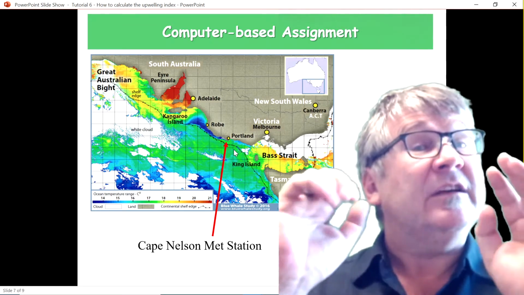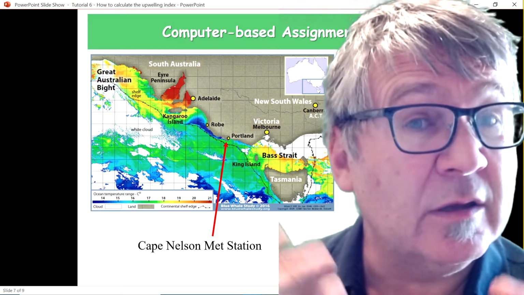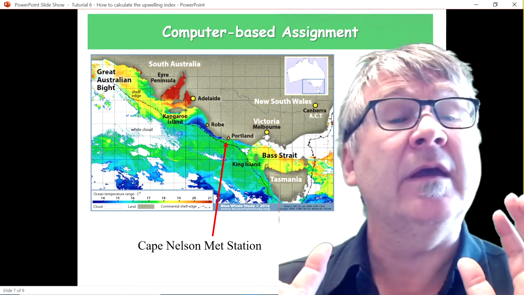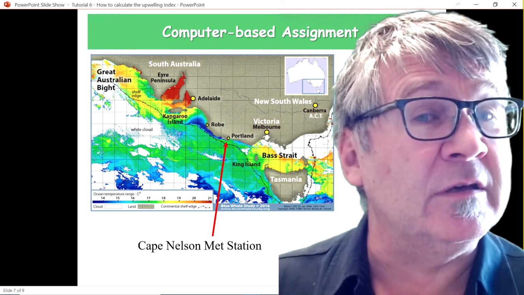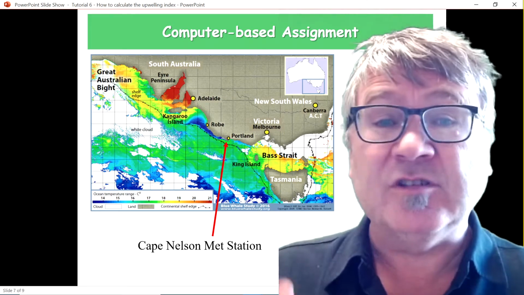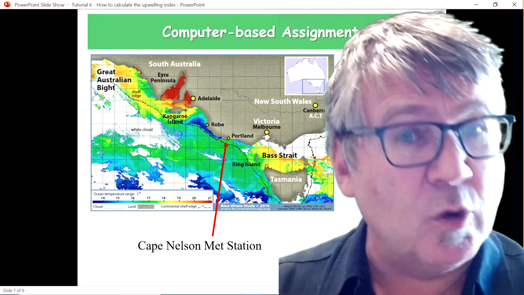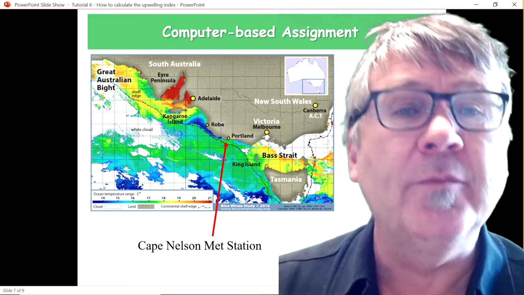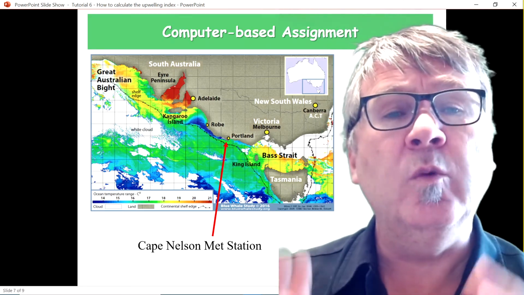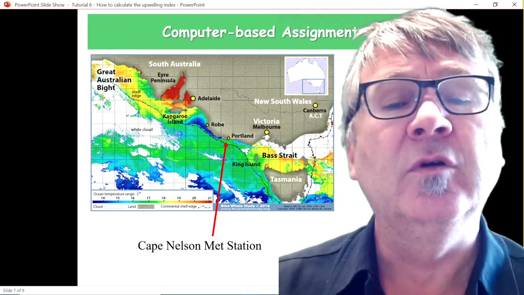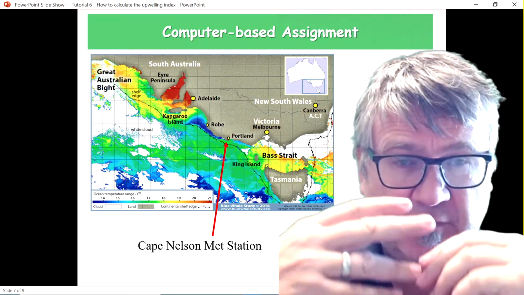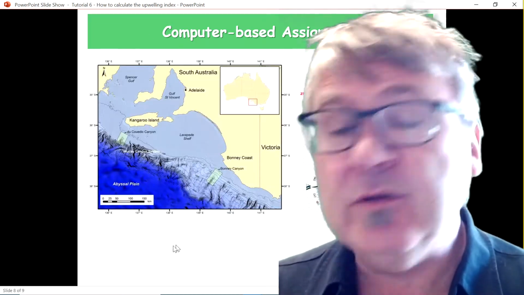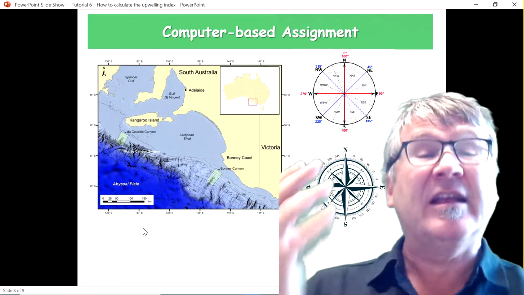There's also a nearby weather station. You can download weather data, and you have components of the horizontal wind velocity at 10 meters, and you can work out the wind stress. You learned all about it. You can calculate wind stress and wind stress magnitude from velocities. So the next thing you need to do is work out the direction of the coastline